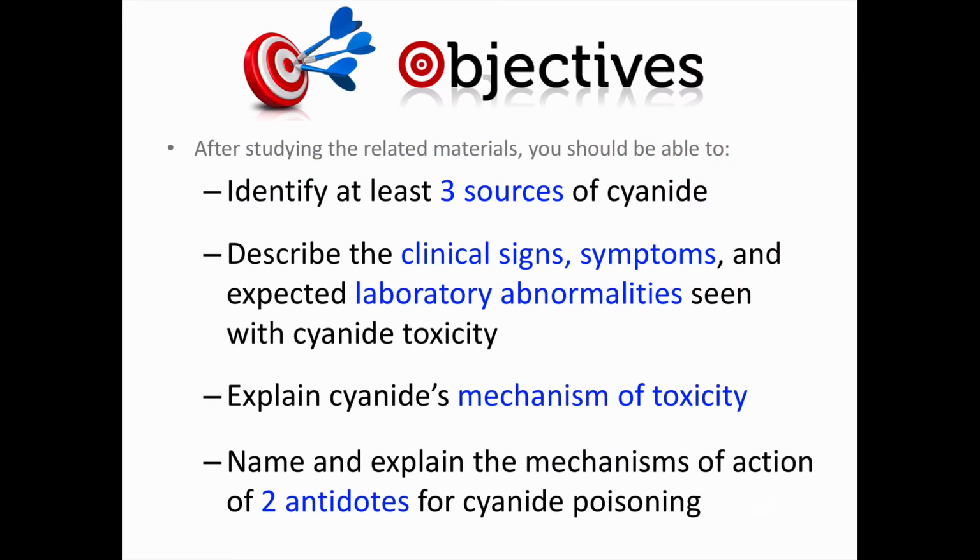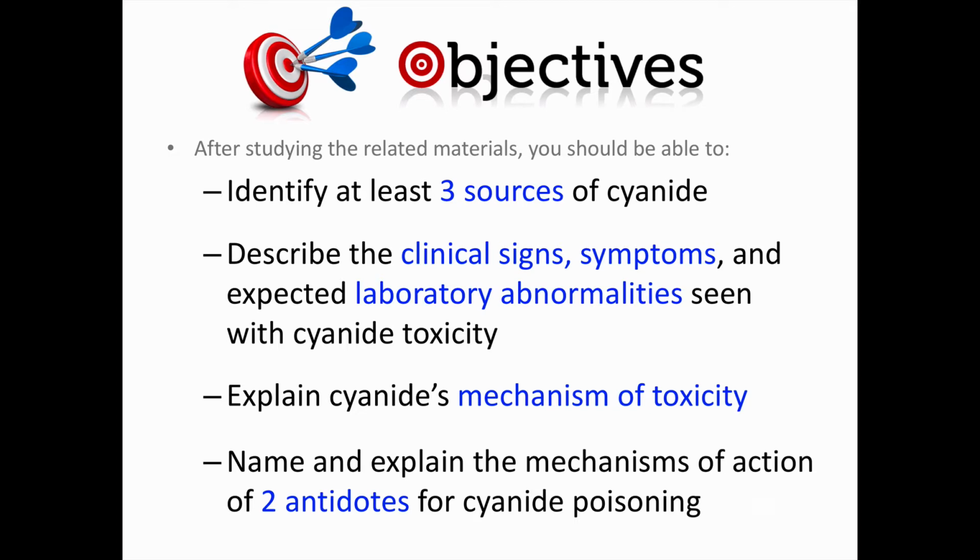The objectives for this topic are that when you're finished with the video and studying any related course materials, you should be able to identify at least 3 sources of cyanide exposure, describe the clinical signs, symptoms, and laboratory findings seen with cyanide, explain its mechanism of toxicity, and to name and explain the mechanisms of action of 2 antidotes